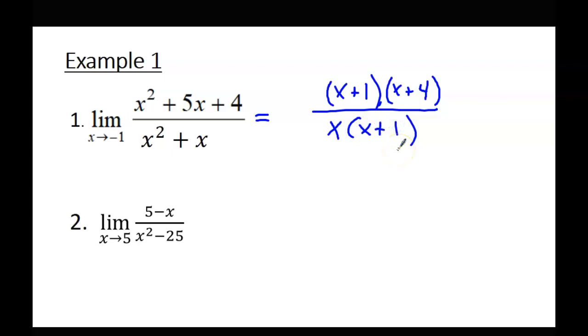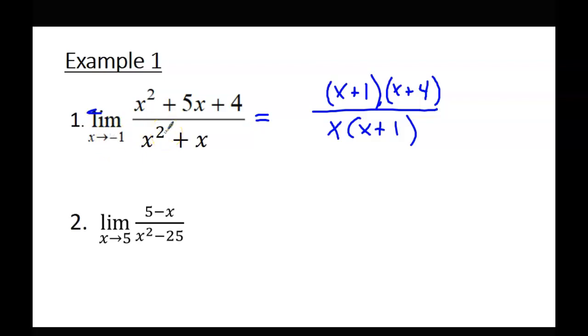Now this is where I'm going to stop and say, I wrote something wrong. And here's what I wrote. They would probably ding you for this on a free response, okay? I just said the limit of this function as x approaches -1 is equal to this. And that's not true. Now, let me cover up. If I got rid of this, is that true? Yeah. But the limit of this function